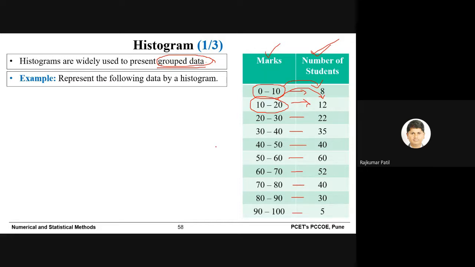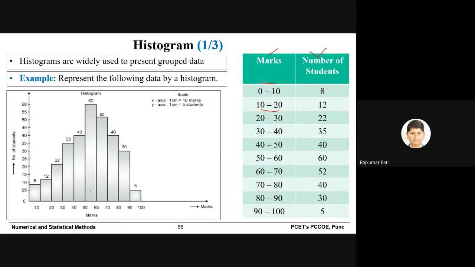Okay. And suppose in case of uneven grouping of the data, for example, 0, 5, 5 to 20, then 20 to 30, 30 to 35, such type of uneven grouping is there, then in that case, if possible, you need to group the data, and the range would be 10. So 0 and 10, the difference is 10. 10 and 20, difference is 10. So this is how you need to reorganize the data. Once you organize the data in a proper way, then you can plot the same as a histogram.